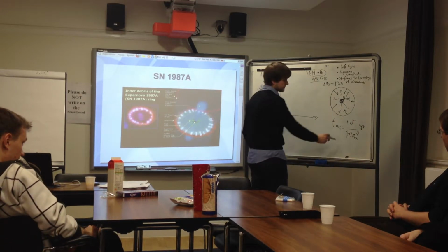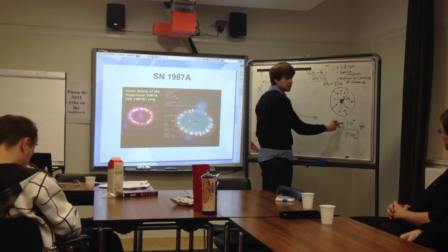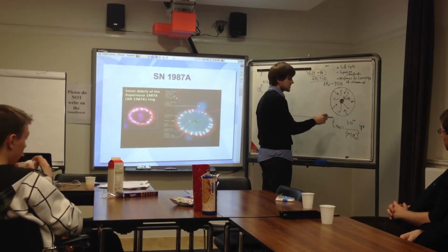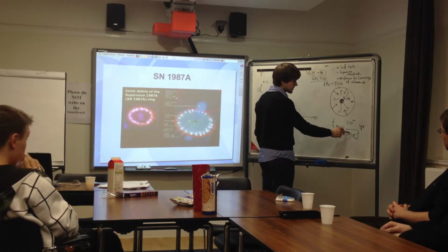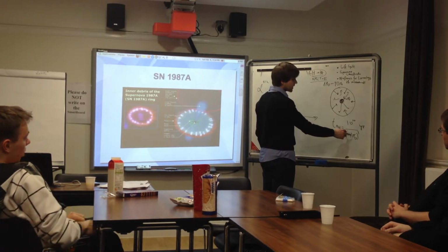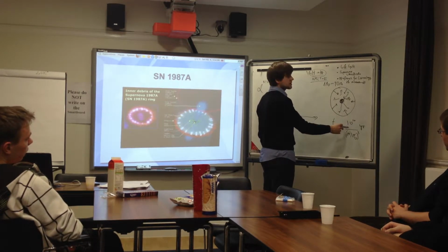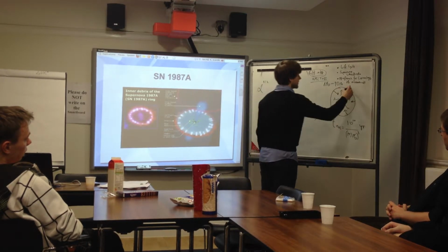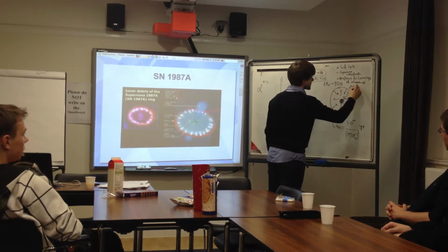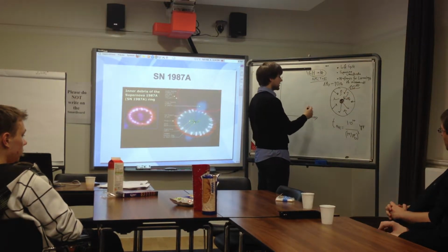So if the star has got the same mass as our sun, it's going to take 10 to the 10 years to go through this nuclear phase. If the mass increases, if it's 10 times more massive than our sun, then it's going to live 1,000 times shorter, so it's going to be actually 10 to the 7 years, which is just 10 million. So our sun gives us 10 billion years, 10 to the 10, and it's at the moment roughly halfway through